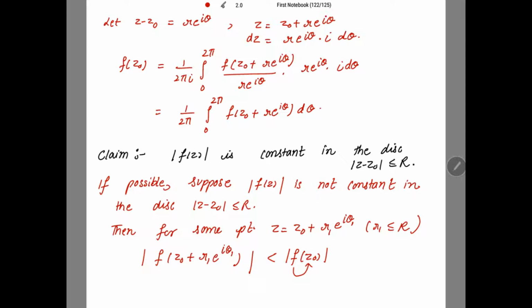Okay, so by the continuity of mod f(z), the strict inequality must also hold on some arc of the circle |z minus z0| equal to r1. Alright, now we are having the circle |z minus z0| equal to r1. For this circle, this strict inequality must hold on some arc of this circle by the continuity of mod f(z), so we can take the strict inequality sign. Hence,